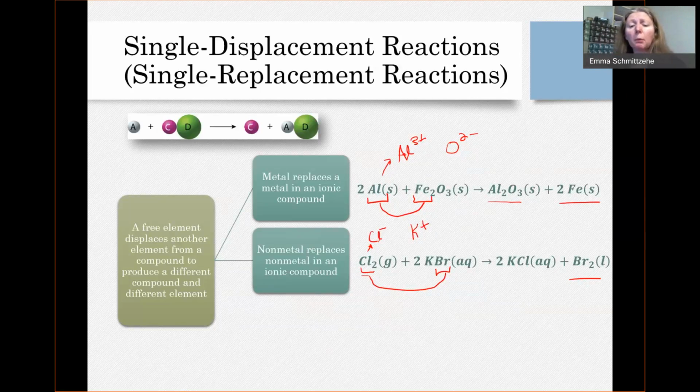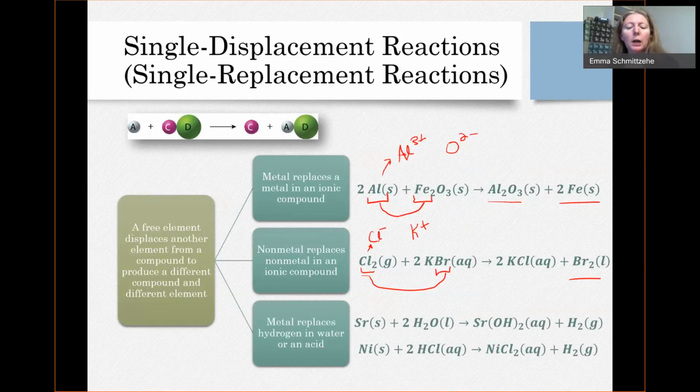And so those probably are two of the most common things that we deal with in single replacement reactions. You either have a metal replace a metal in an ionic compound, or a non-metal replace a non-metal in an ionic compound. Those are the most common type, but we can also have single replacement reactions occur with metals reacting